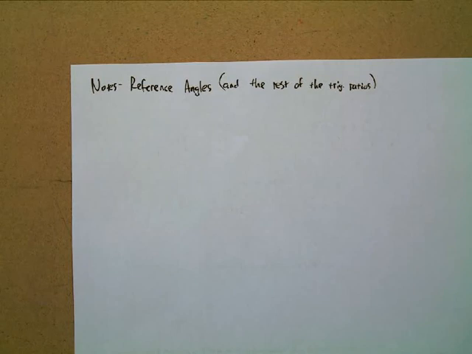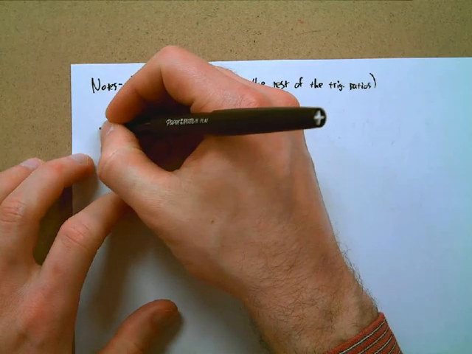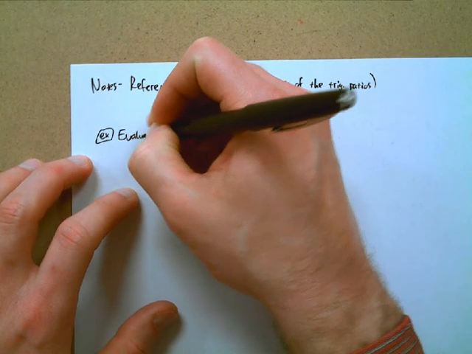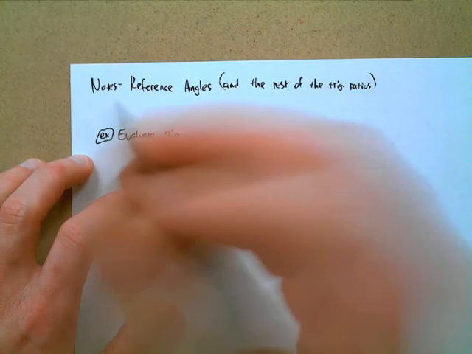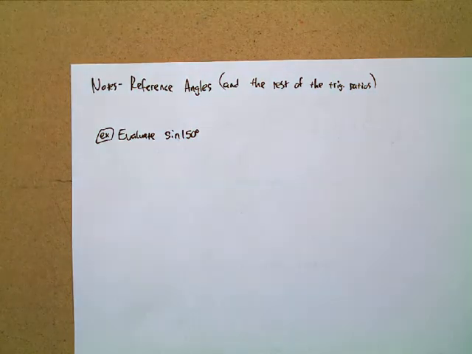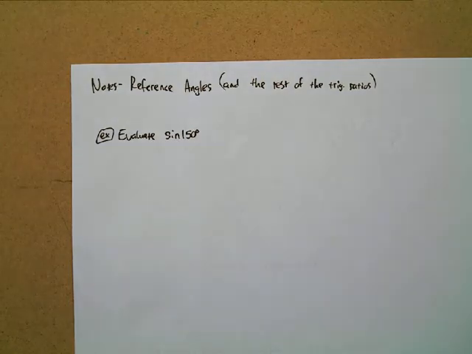Reference angles and the rest of those trig ratios. So when it comes to evaluating something, for example, let's say that we want to evaluate sine of 150 degrees. When it comes to evaluating sine of 150 degrees, we can look at that 150 degrees on our little unit circle here,